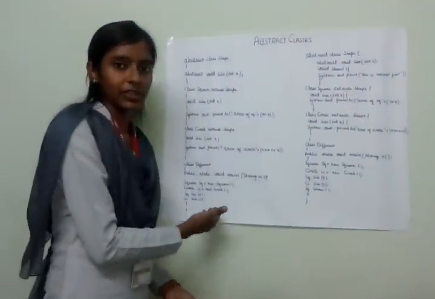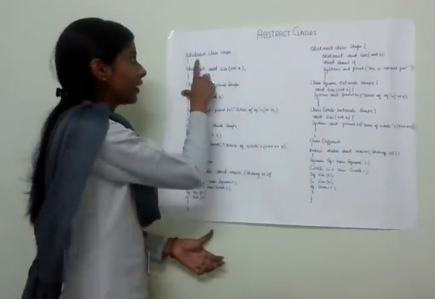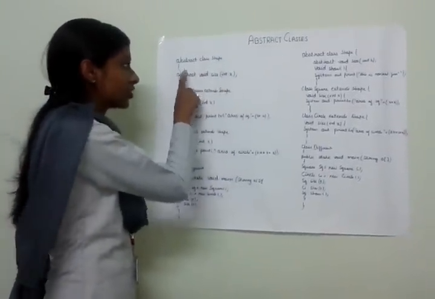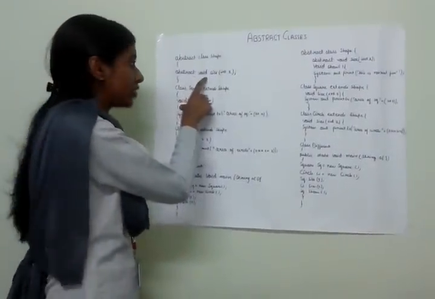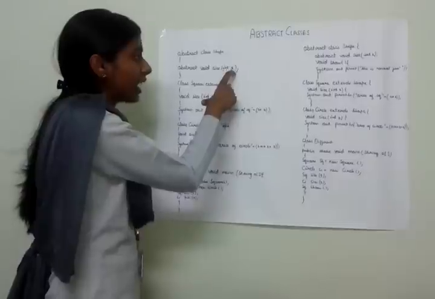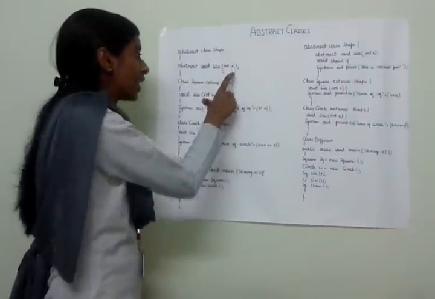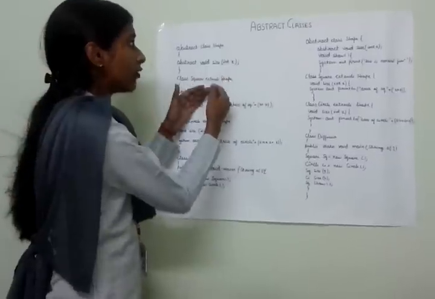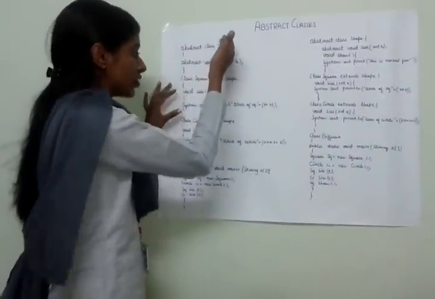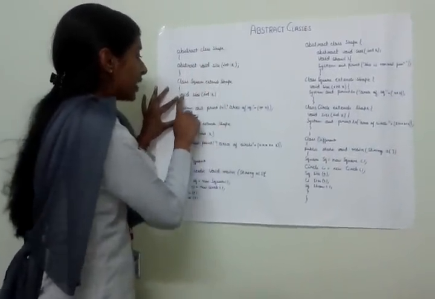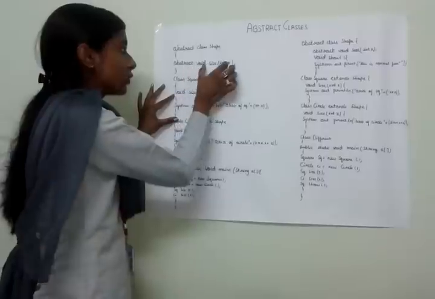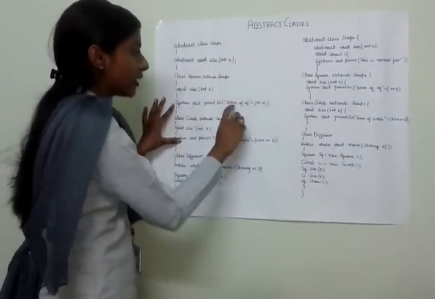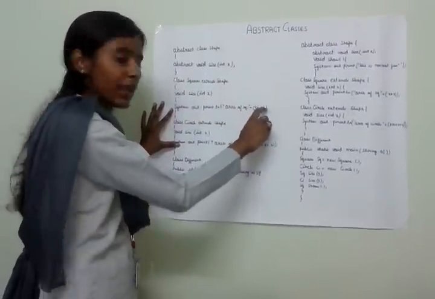Here, I have written a program. In this program, I have created an abstract class shape. And in this abstract class shape, I have created an abstract function which is void size, and here I have passed an argument int x. Now, I have created a subclass square extends shape which inherits the property of the class shape. And in this class, I have defined the abstract function void size. And in its body, I have written area of a square x into x.